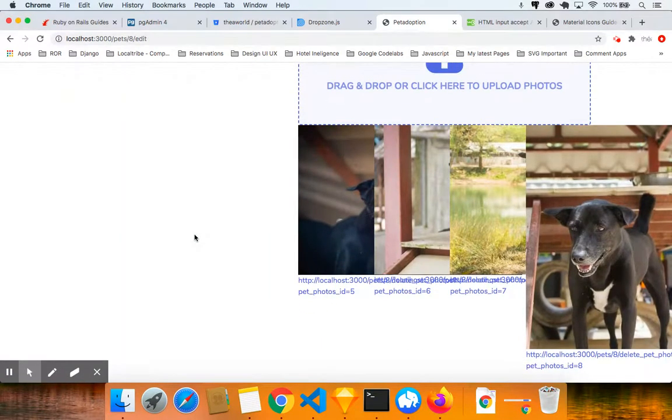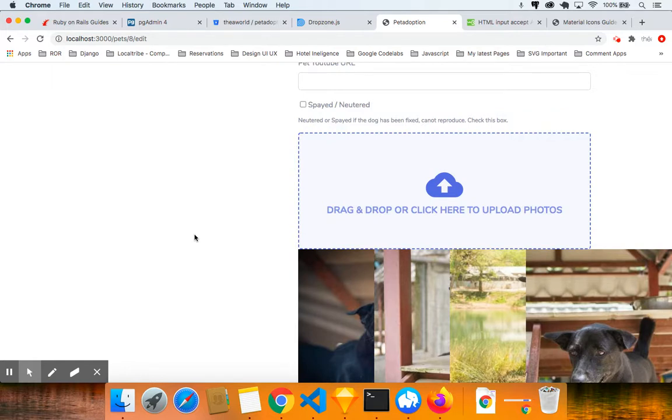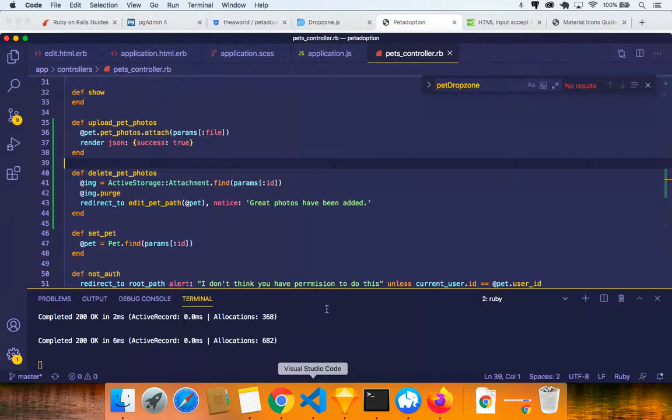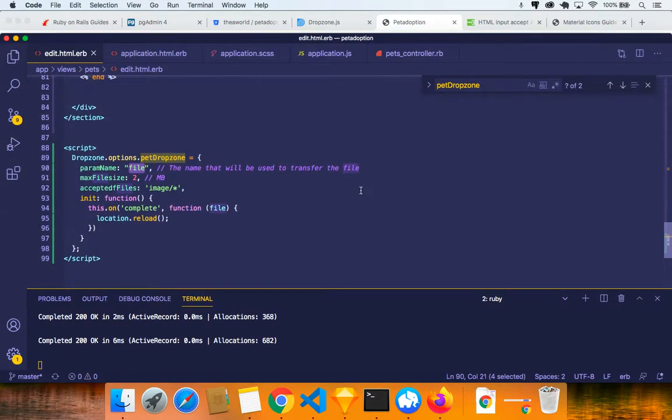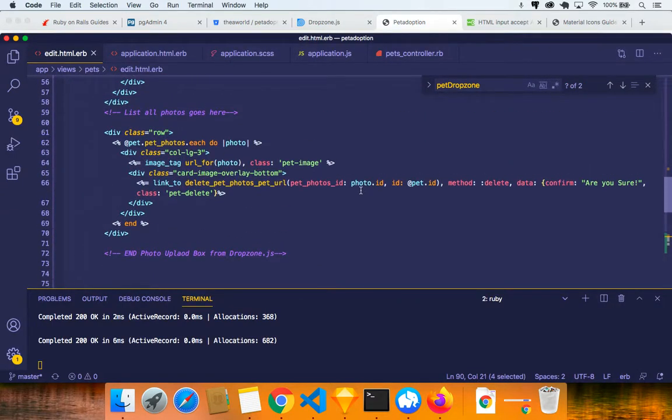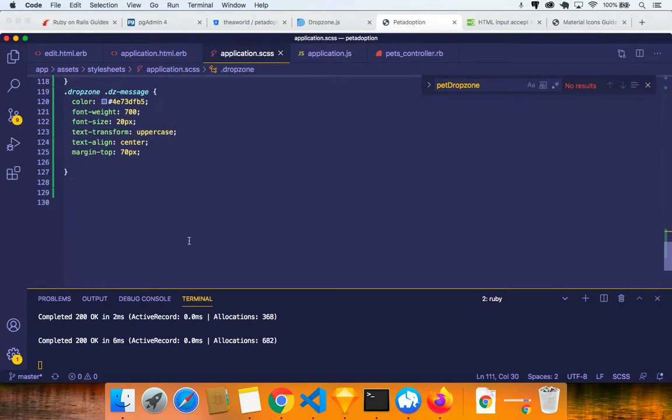So now it's time that we go and add some CSS to basically style this. Okay, so first of all, the images, if you come here to edit, we have images, right? This pet image here, we need to style the pet image. The pet image is so important to style, because if we don't have, so copy this, come to application.css, and